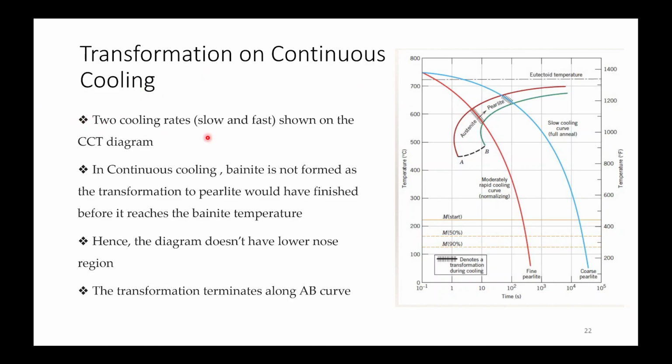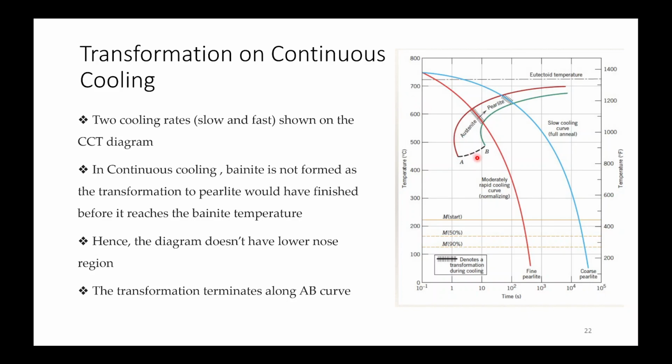Now two cooling rates are shown here. One is slow, one is fast in the CCT diagram. The slow cooling rate leads to the formation of coarse pearlite, so transformation is occurring in between these transformation lines. And for the fast cooling rate it will form fine pearlite, and